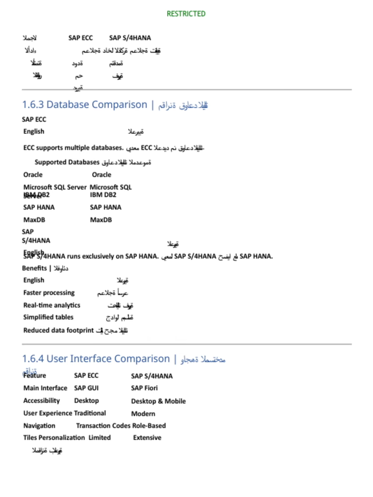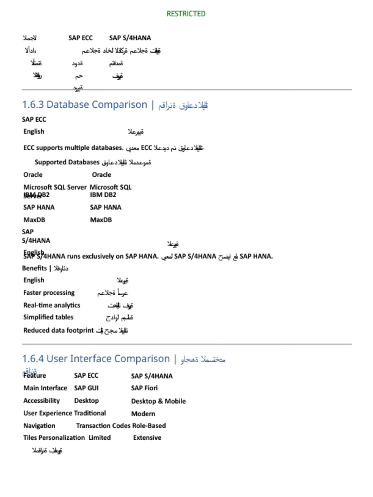SAP ECC supports multiple databases like Oracle and Microsoft SQL Server, giving it flexibility. On the other hand, SAP S/4HANA runs exclusively on the SAP HANA database, which enables faster processing and real-time analytics. The user experience also shifts from the traditional SAP GUI on desktop to the modern SAP Fiori interface, designed for both desktop and mobile. This means more personalized, role-based tiles and a reduced data footprint, making the system more efficient